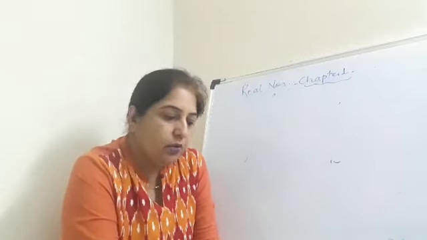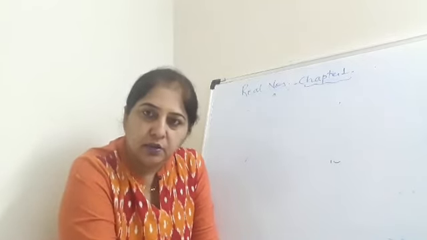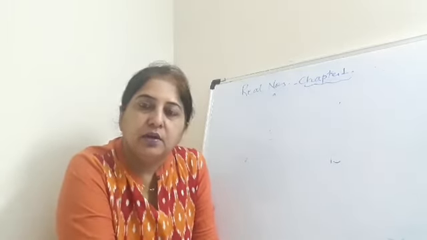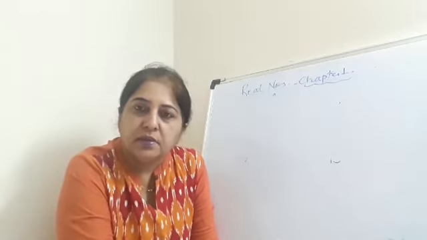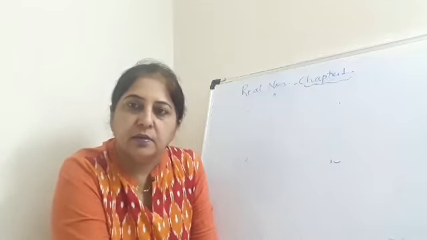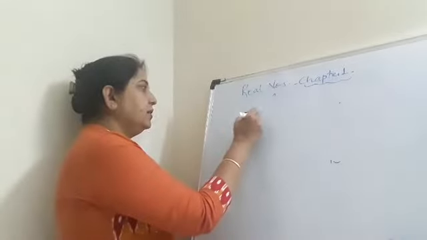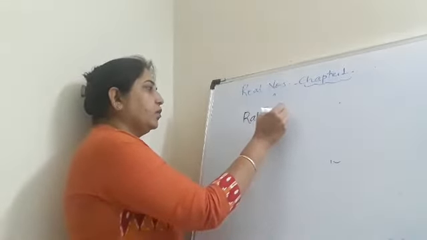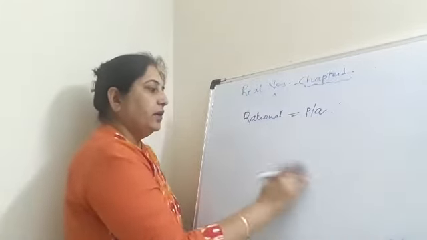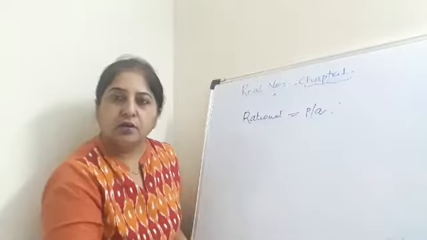Now, when we talk about real numbers, because you have studied real numbers in class ninth also, we are going to first define what are real numbers. See, real numbers are the numbers which consist of rational numbers and irrational numbers. Okay. So, you know what are rational numbers? Rational numbers are the numbers which can be written in the form of P by Q. You know what are real numbers? Together, rational numbers and irrational numbers are called real numbers.